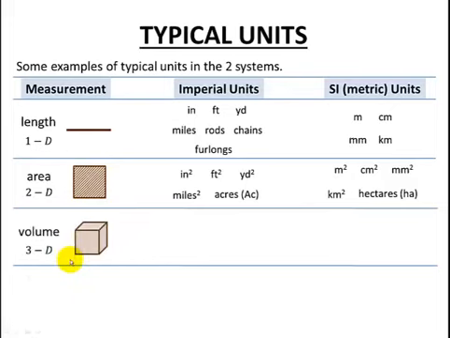Let's take a look at now three-dimensional measurements we might use. And again, here's a 3D object. It's just a basic cube. And you should be anticipating this. Well, we just take our length measurement, and now instead of squaring it for area, we cube it for volume. So cubic inches, feet cubed, yards cubed. We have some other units: gallons, ounces, pints, quarts,